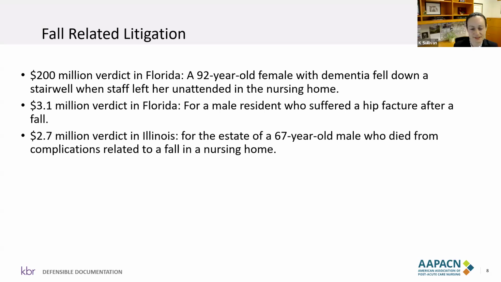Yeah, absolutely. And they're a big risk in terms of what we're dealing with in litigation. Certainly, the numbers here call out Florida and Illinois. It's no different in New York. A Nassau County jury awarded punitive damages against a nursing home here, and that was upheld by the trial judge. And that was on top of an award for pain and suffering. So this is something we're seeing across the country in terms of the risk from the litigation end.